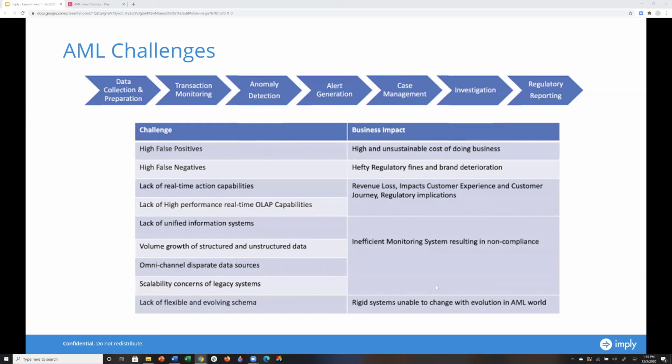transactions. What makes it even more difficult is the lack of unified information systems, right? And that's very tough because different systems might have similar data sets, but the delta might get big. And so the trust level with that kind of system is pretty low. And so having this kind of unified system actually helps a lot to maintain consistency in looking at the data.